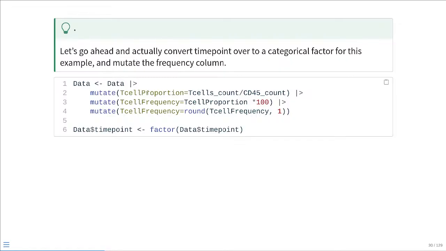At that point, we're going to get back a T cell proportion, which we're creating as its own column. Then we're passing that intermediate object through the next pipe to the next mutate function. And we're basically taking T cell proportion and timing it by 100 to get a frequency. And we're saving that to the new column, T cell frequency, which is then being passed again through the next